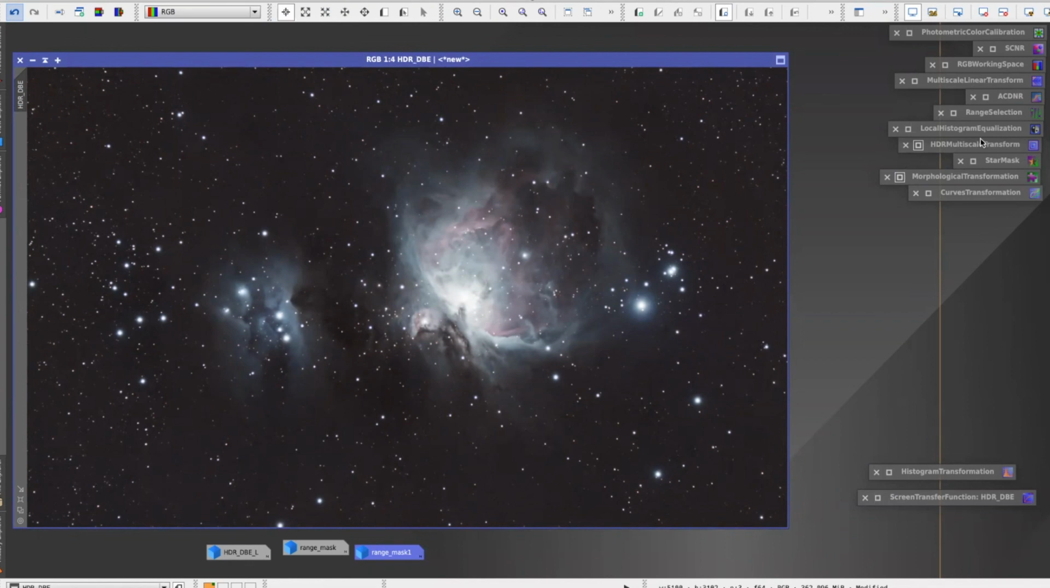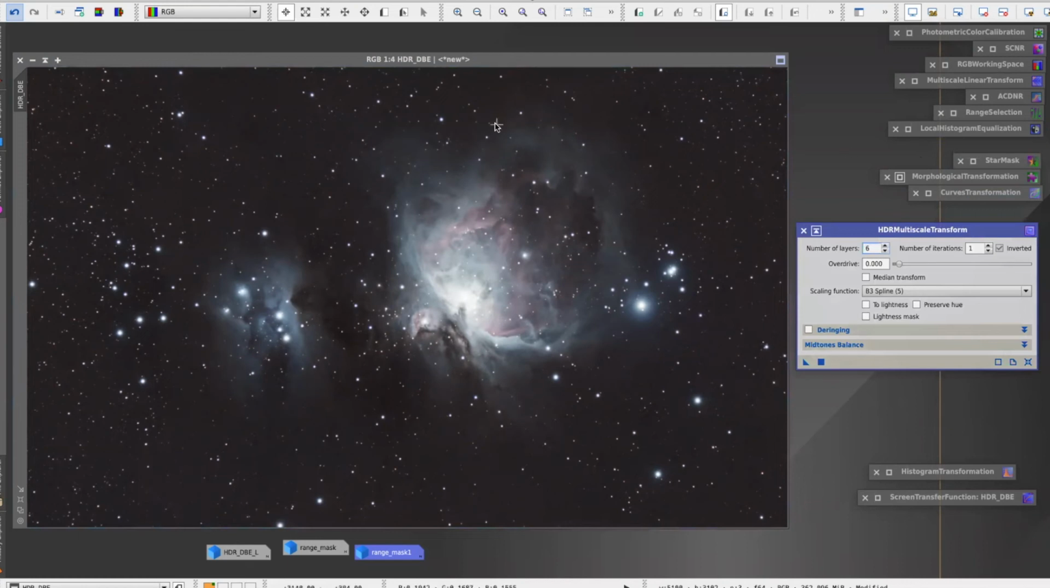Okay, so we're going to use a tool called HDR Multiscale Transform. And what this does is it allows us to bring out the details from areas that are too bright, such as the core, and it brings out the details behind that to the surface. So it's quite a powerful tool because it shows that the data is in there from the 10-second exposure images